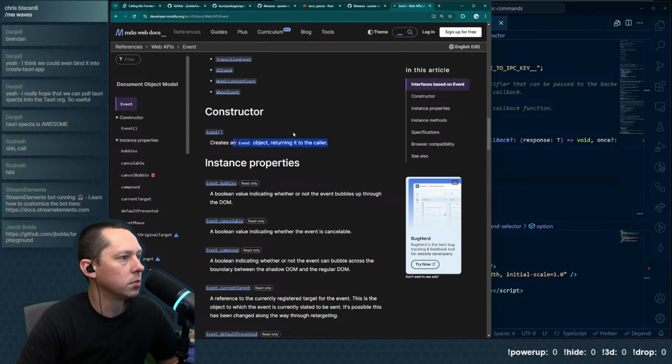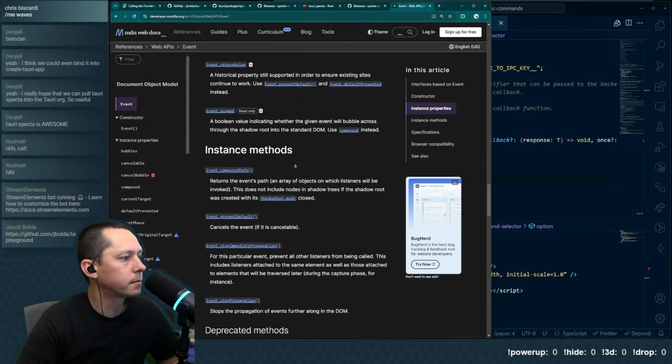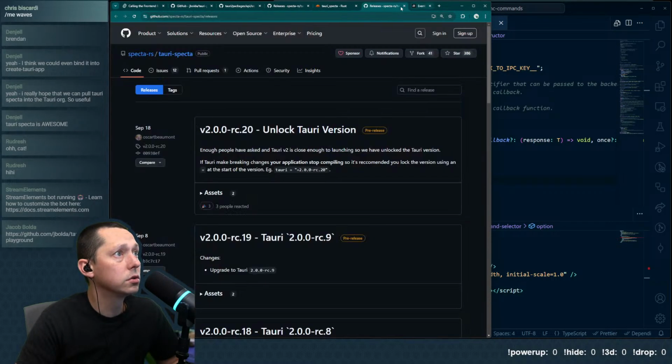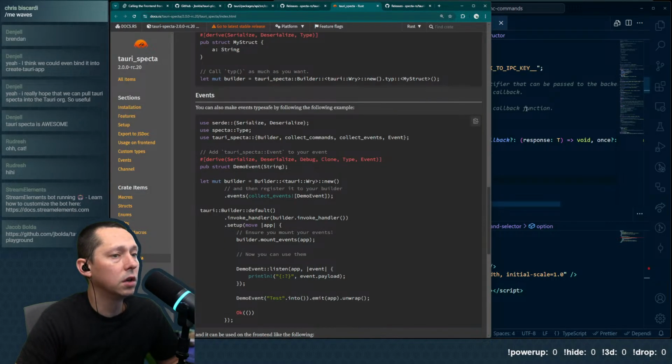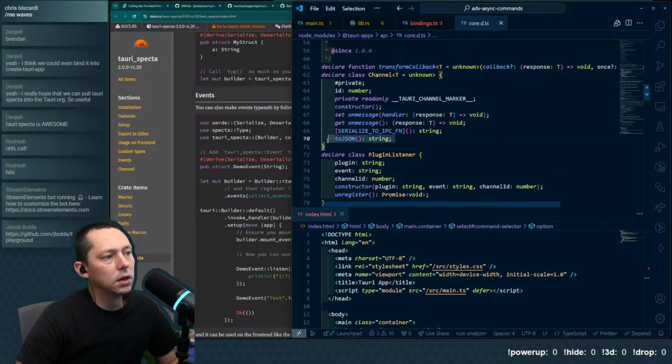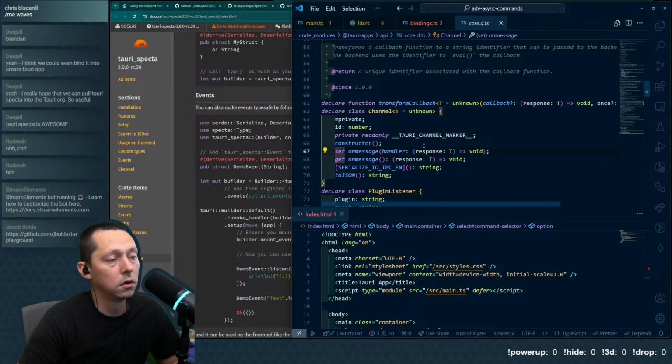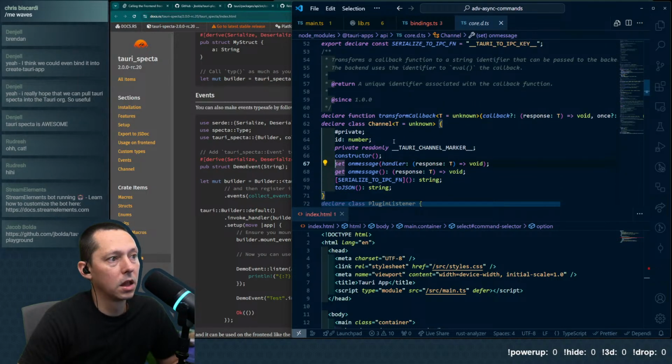Yeah, creates an event object returning it to the caller. I think you could in theory also just do a generic event emitter. Technically this is enforcing it, but I don't know that it's doing too much other than